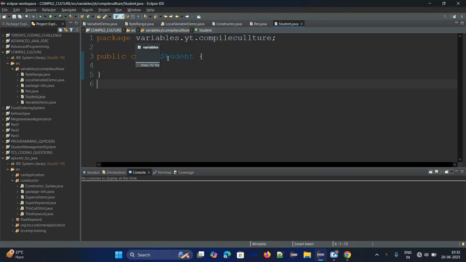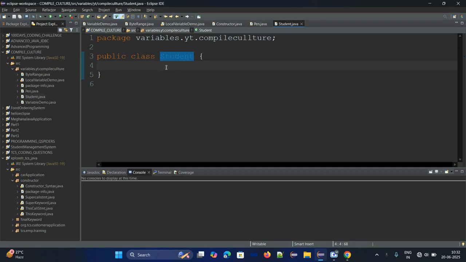In this Java project, I'm going to work under a package. Under this package, I just created one class. The class name is Student. Remember, a class name should always start with an uppercase letter as per the naming convention.